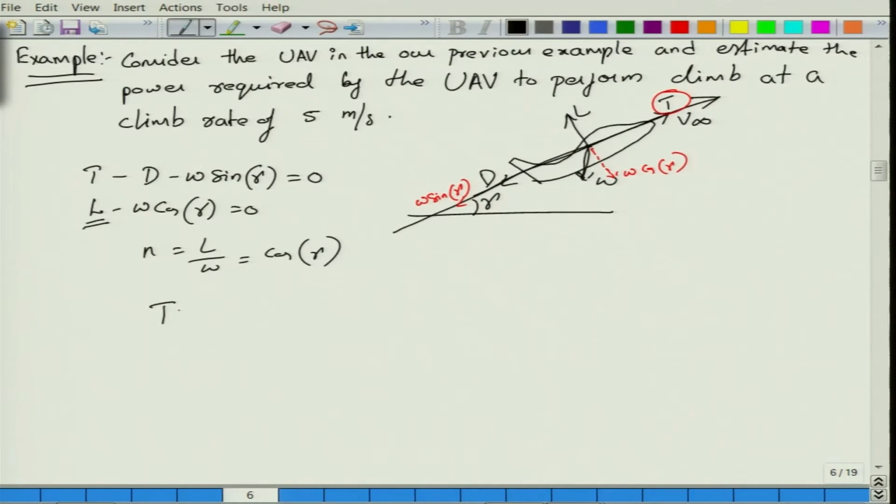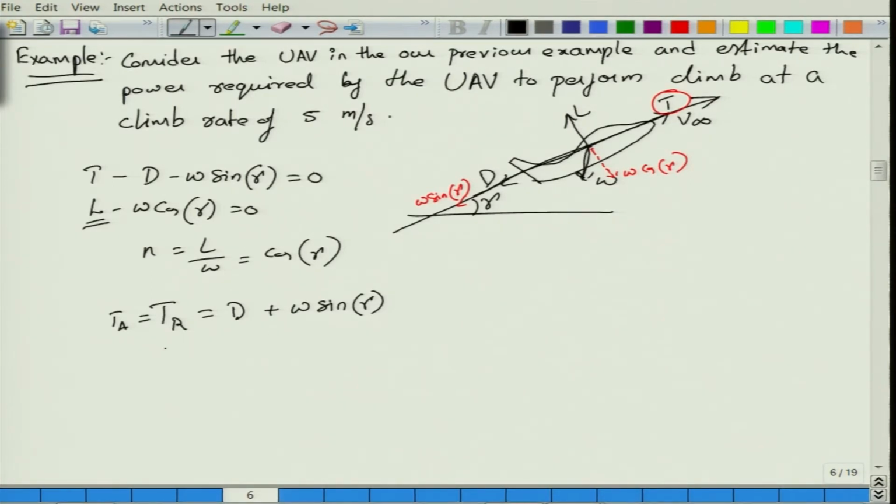That means the thrust required by the system is the drag, plus a component of weight, W sin gamma. The higher the value of gamma, the greater is this component W sin gamma. The engine must make this thrust available to overcome the drag as well as to carry the component of weight in the direction of flight.